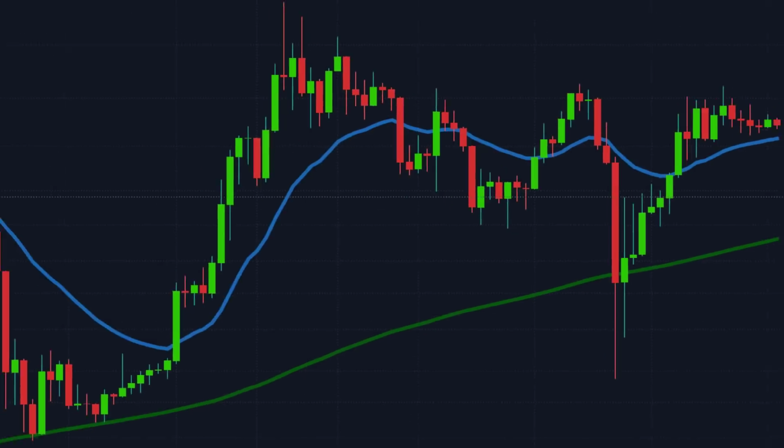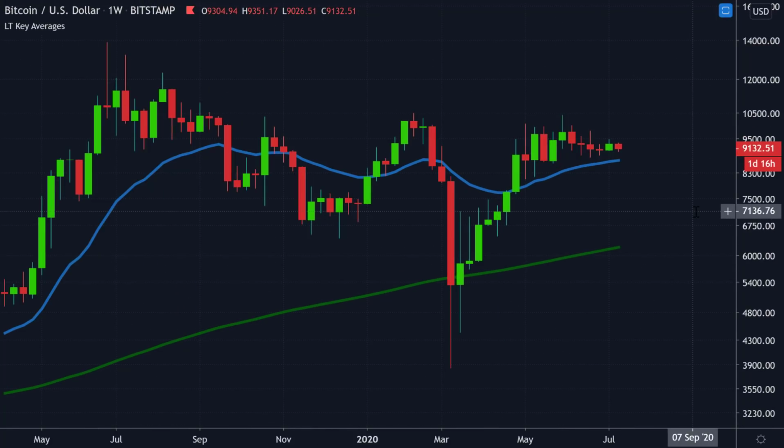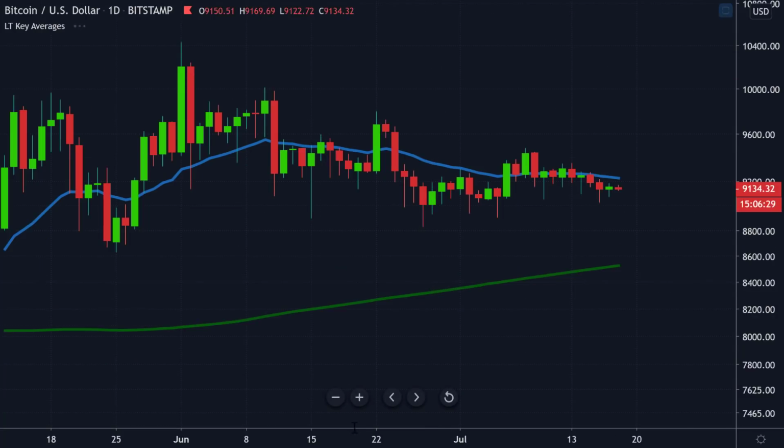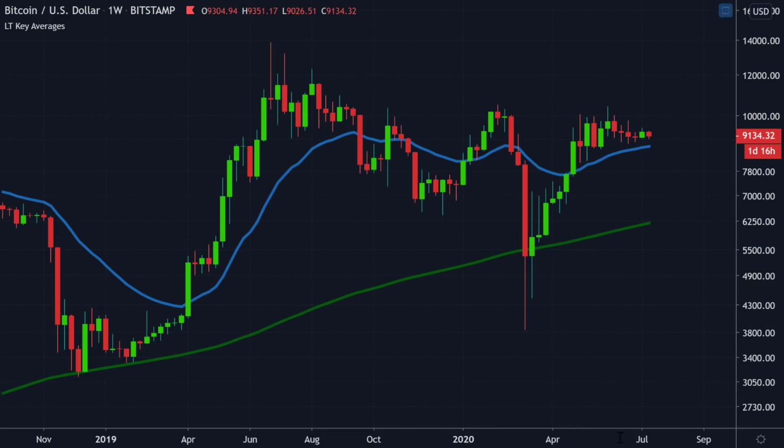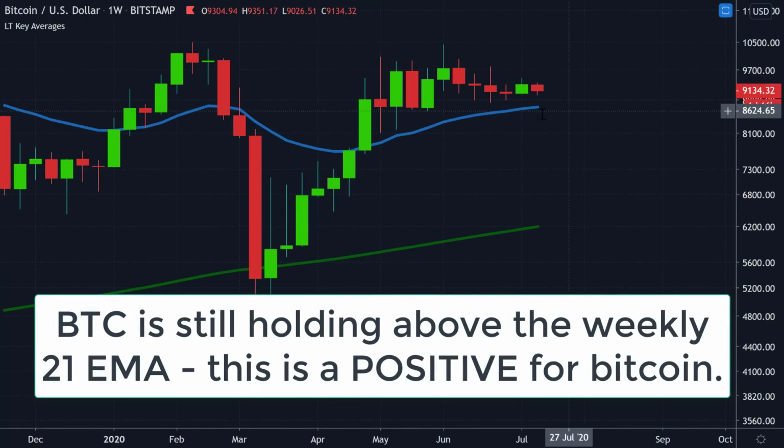So it's always good to step aside and just observe the chart of Bitcoin on a higher time frame chart, like the weekly chart, and just say to yourself, look, I know there's been a lot of noise and randomness and a lot of choppy sideways action on the lower time frame, the daily chart, but look at the weekly chart. The good news is that so far, we're still holding above the weekly 21, above that blue line.